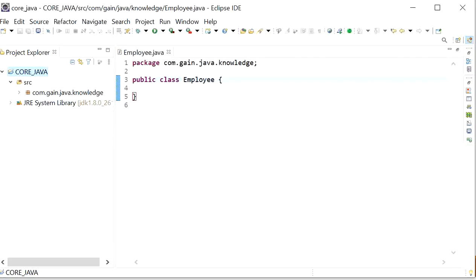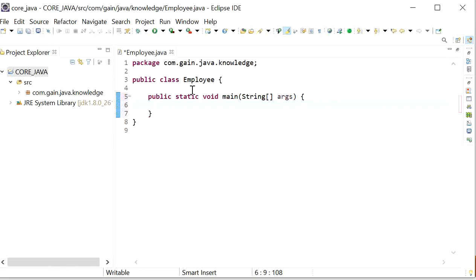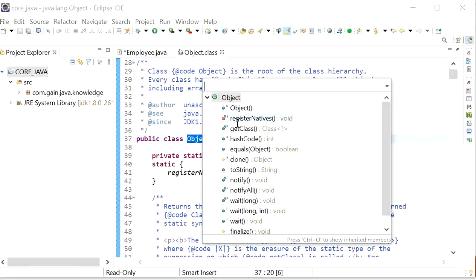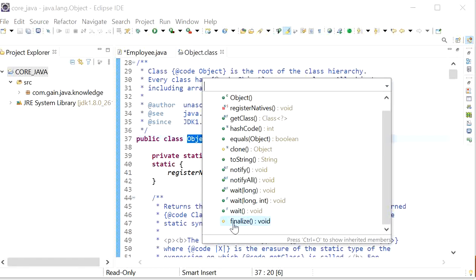Here I have created one class, that is Employee class, and we can get all methods of Object class here, and we can override these methods. Here we can see the methods that are provided by Object class: getClass, hashCode, equals, clone, toString, notify, wait, and finalize.